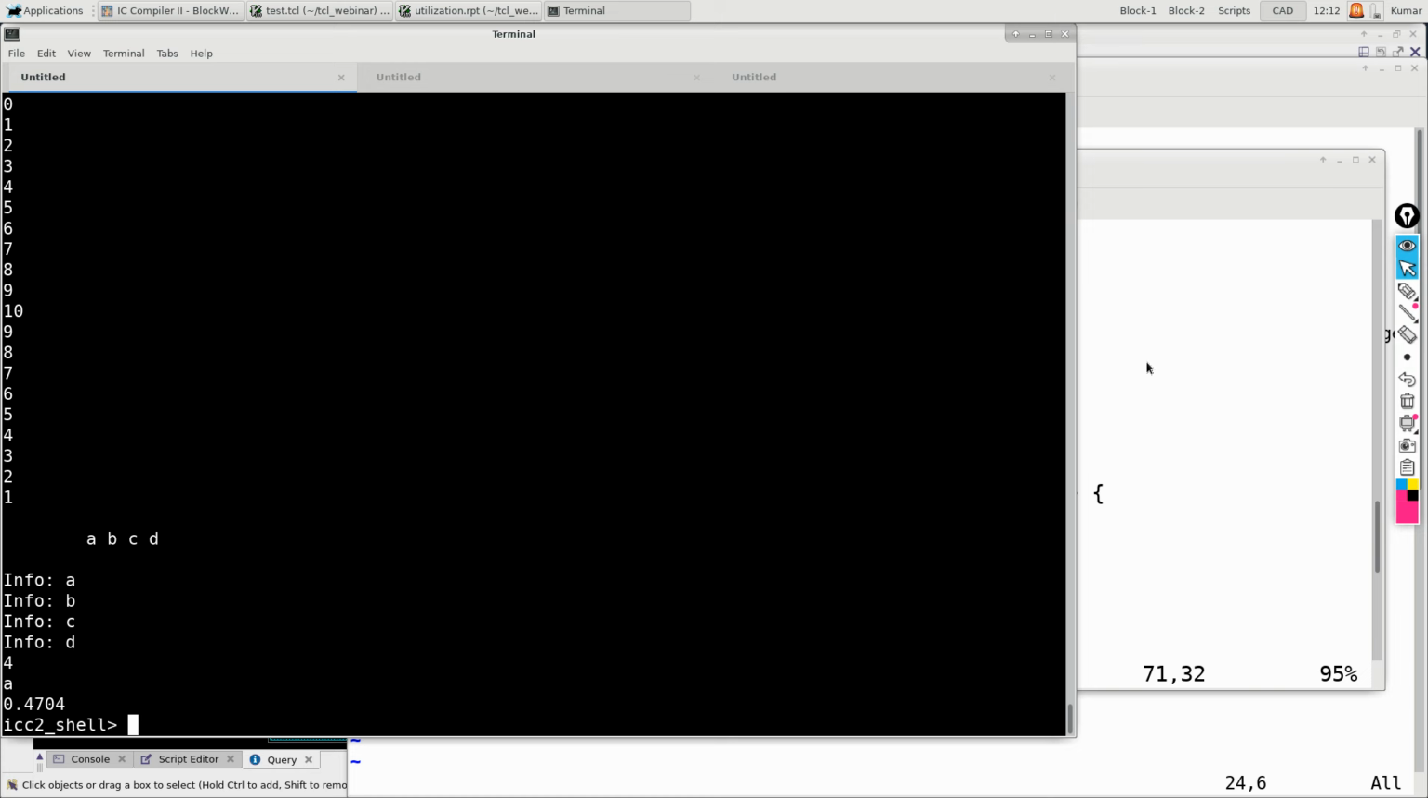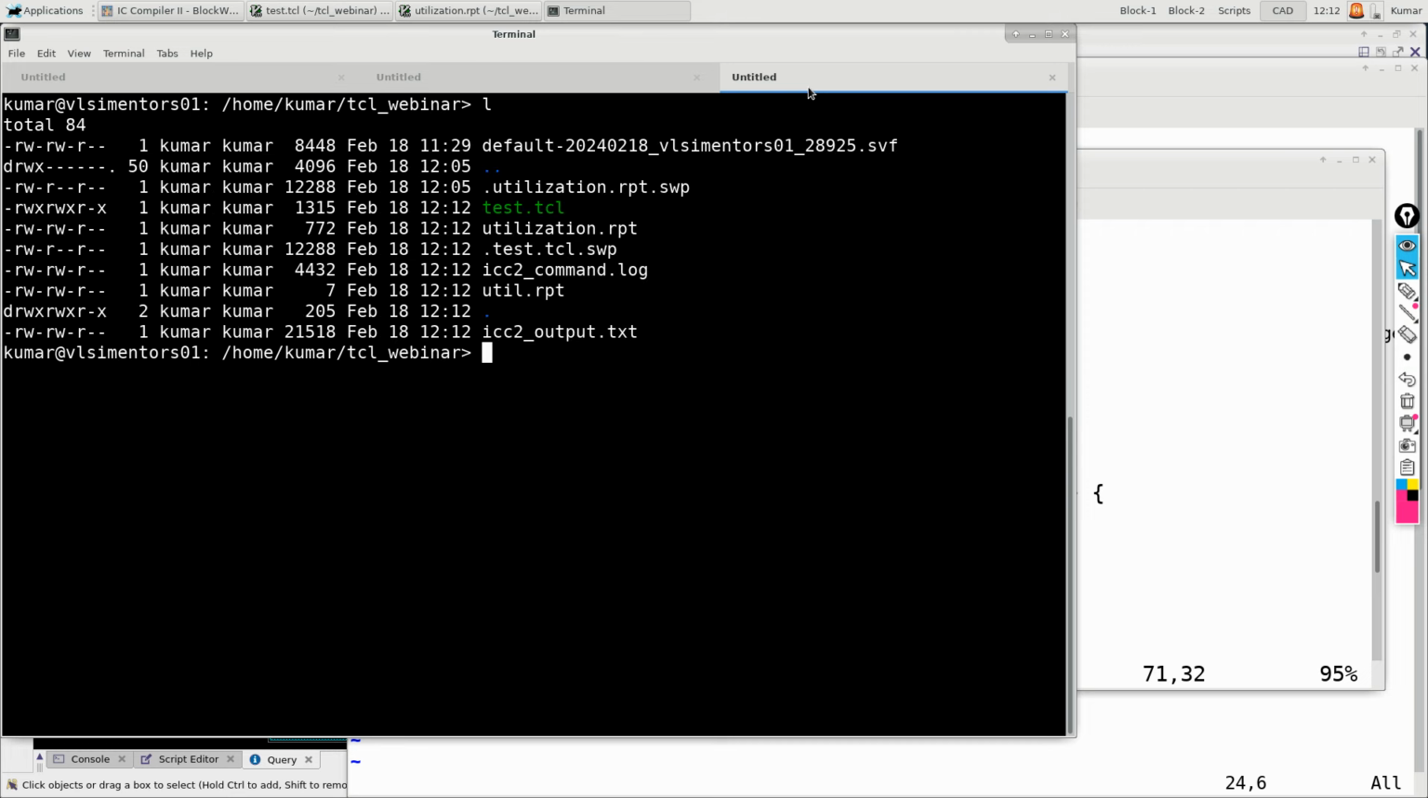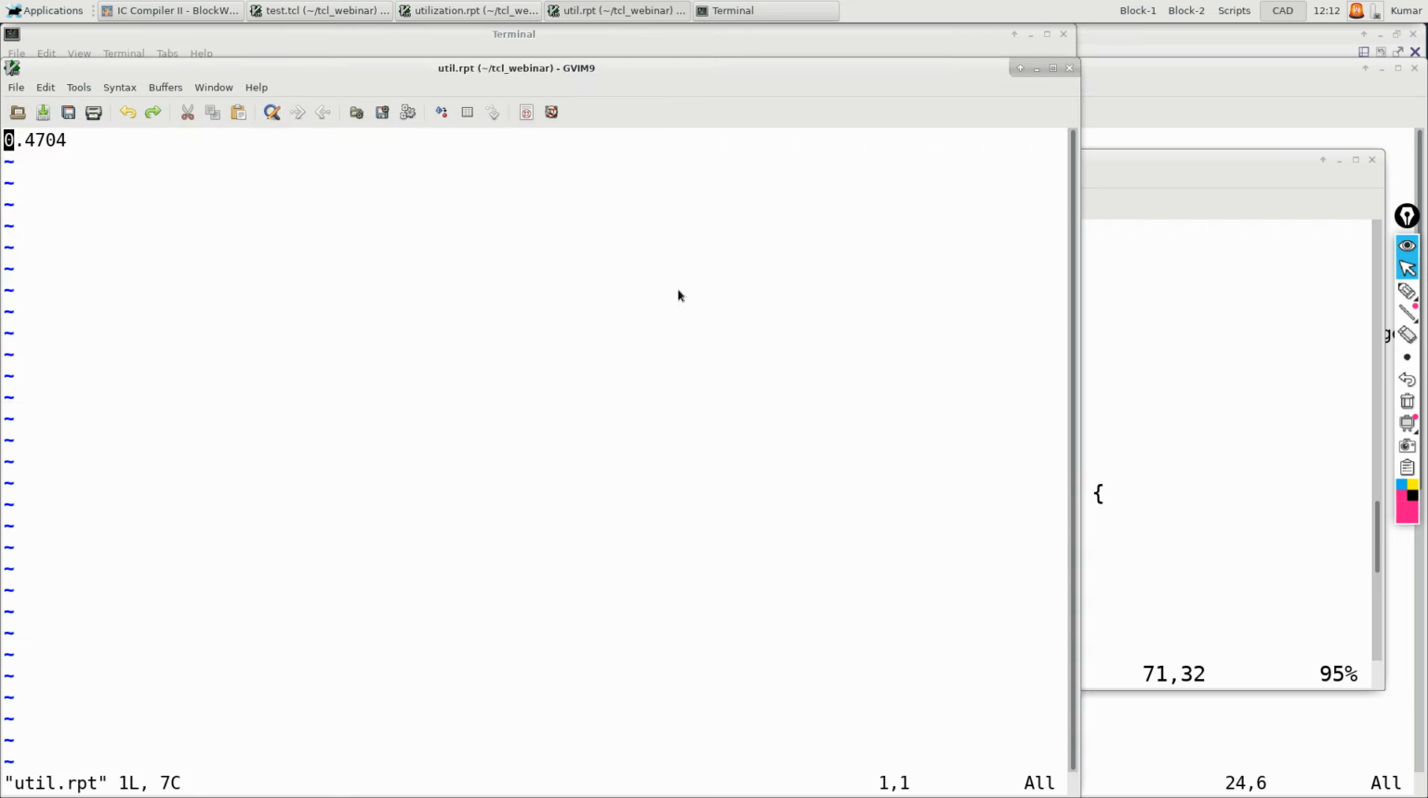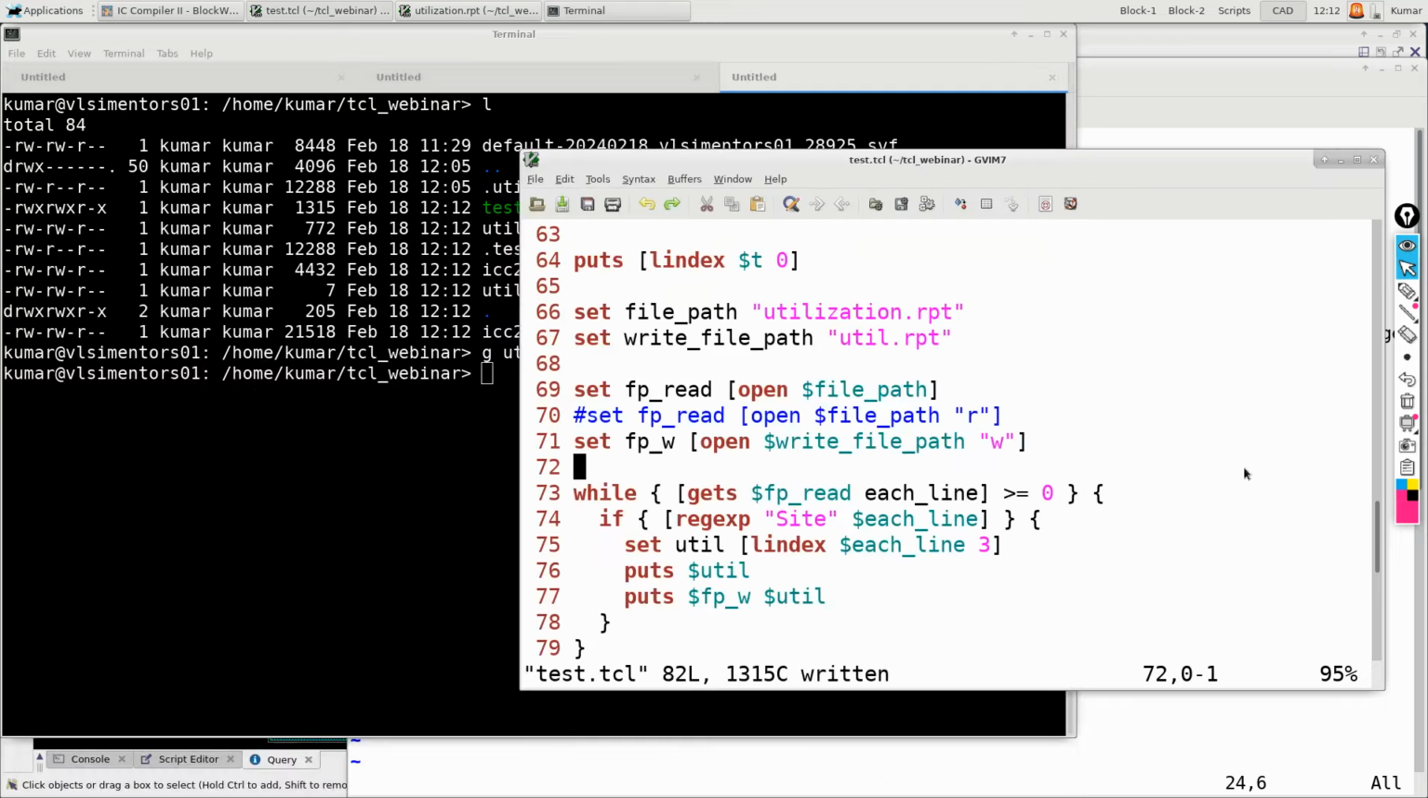Okay, now I've just executed it. Now how we have got it, this particular element, we got this. Now go and see here, you have a util.report, which is kind of printing only this information inside the output file. Okay, so